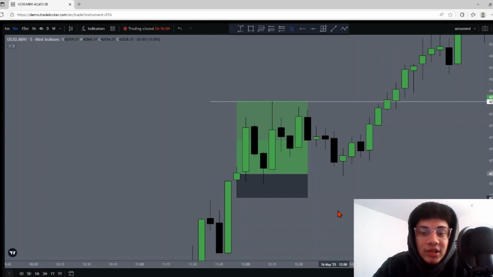And because we saw the momentum and pressure within this direction compared to the overall structure previously and currently, and then compared to that overall wick to body ratio when price pulled back to continue structure, we actually had the ability to get into this move and catch the rest of it to seek what we are seeking, which is the liquidity. 1 to 3 RR, done. Absolutely done. And that's literally all you have to do.